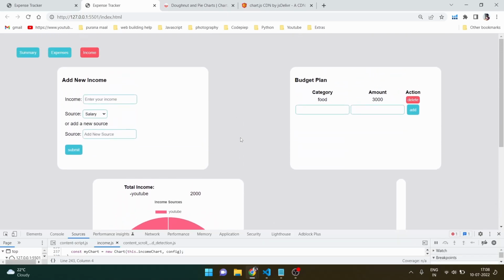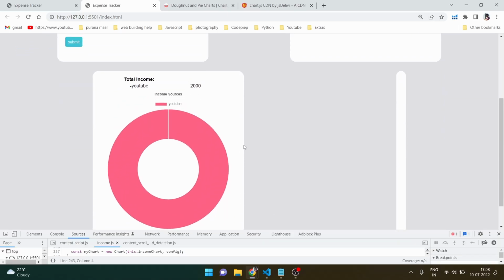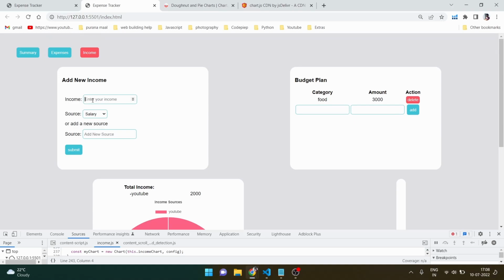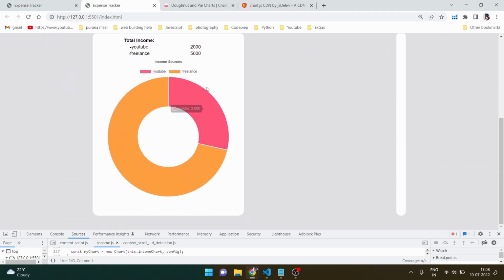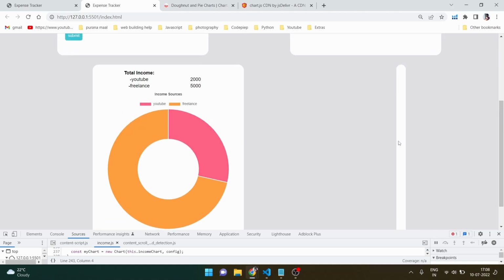So let's try to add one more source here. So let's say 5,000, and let's try to add a new source here, and I can say freelance. Submit. It should give us a new chart, and yes, it is giving us. Now let's add one more chart here, which will compare the budget to our total income and give us the